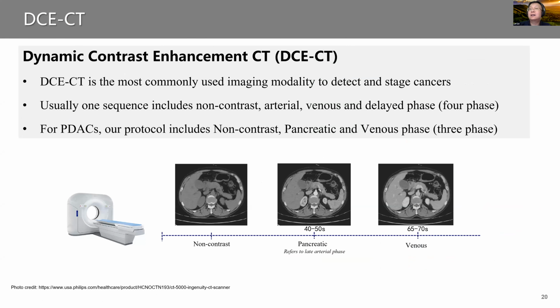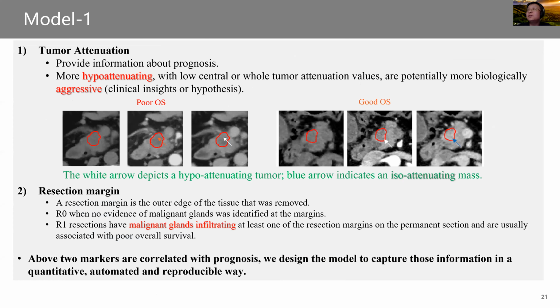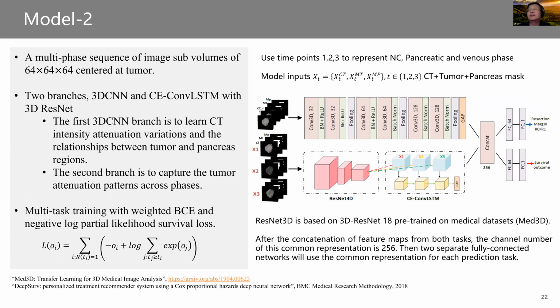So this is the imaging protocol we use. It's 3-phase. This is very typical. And this before is human guess. This is how humans guess. It varies. It's really like an art. You have to find the intuitive physician, the top expert. They can guess better than the other physicians, right? Those physicians are not always feasible to find.